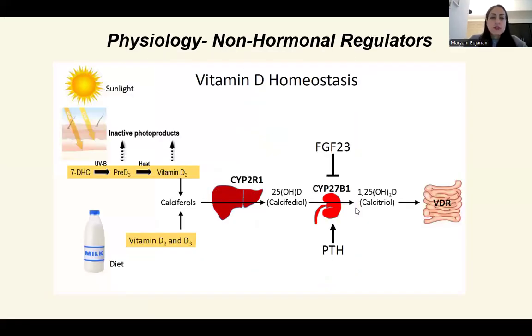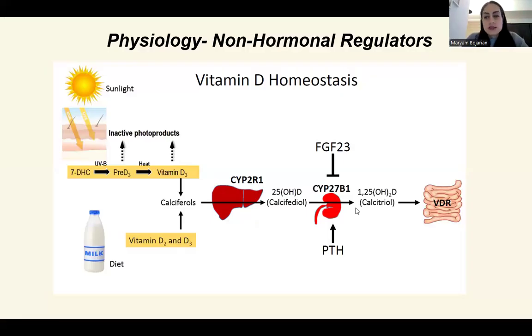Okay. So this slide is about physiology and about the non-hormonal regulators of calcium. So calcium metabolism is influenced not only by hormones, like PTH, but also by several non-hormonal factors. For example, vitamin D. Regarding vitamin D status, vitamin D initially comes from sunlight and diet. Regarding the sunlight, UVB converts 7-dehydrocholesterol, or for ease, we can just say 7-DHC, in the skin into vitamin